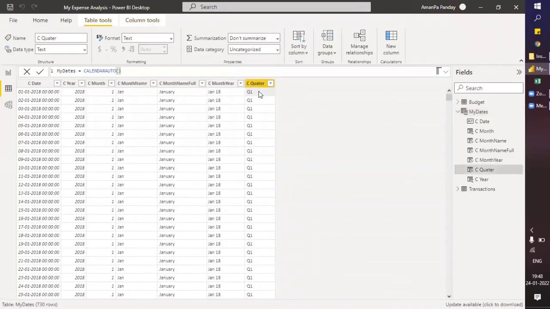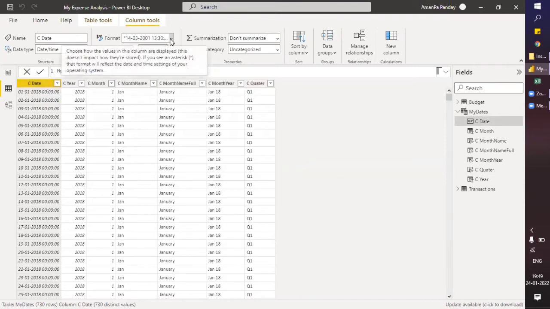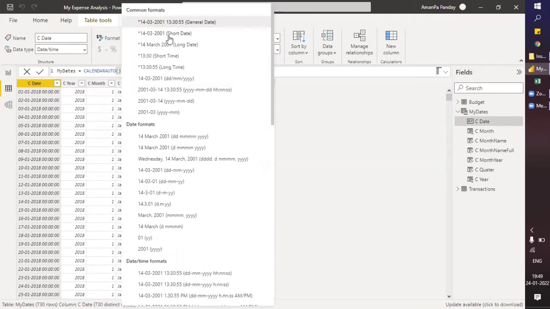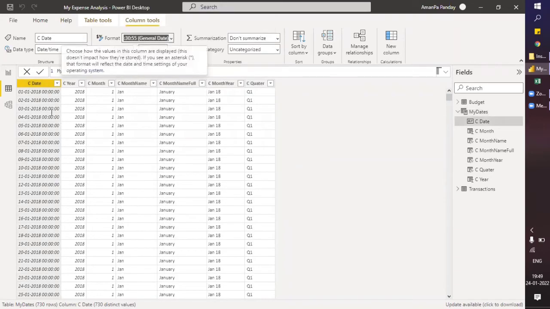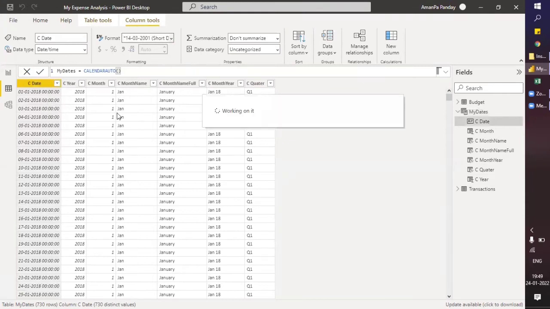So let's start the session from where we had left last time. This was the last time, which we had created a table for the date. Let's just convert this, and we have added a few columns of year, month, and so on. Let's just convert this into only month. Short date. Just remove this time, so this is unnecessary, unwanted.